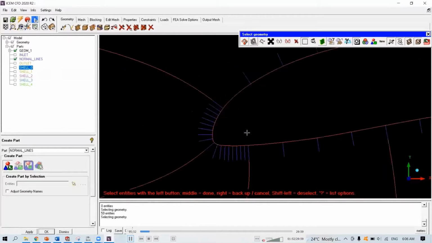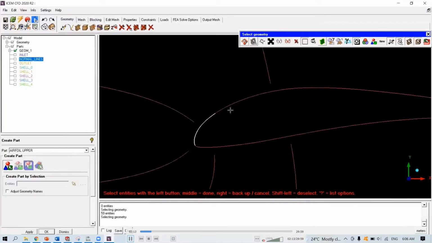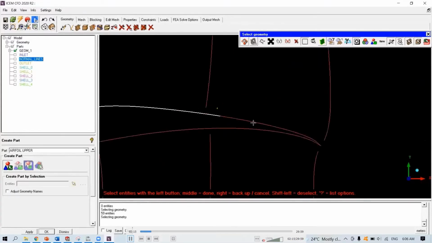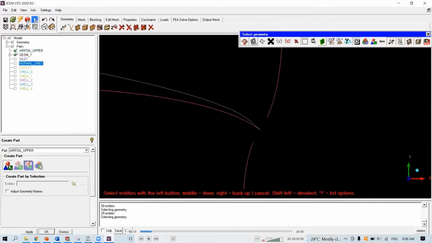Okay. Can hide them. And then we can do for the FY upper. In case you can't locate your leading edge, you can just turn on your normal lines, just to know your starting point, then you can just turn it off. Okay, the same thing, you can hide them, then change it to lower.